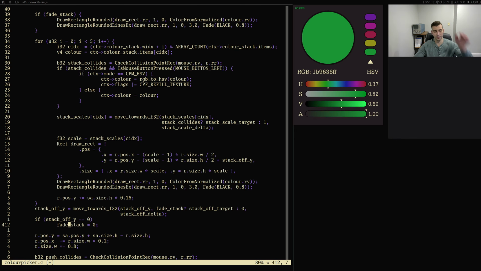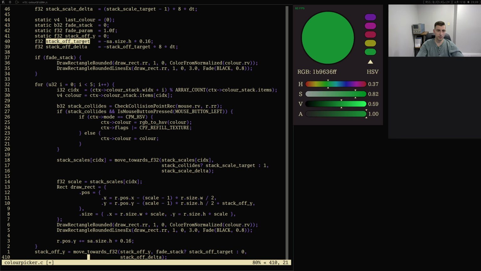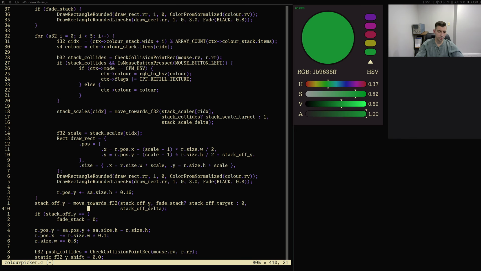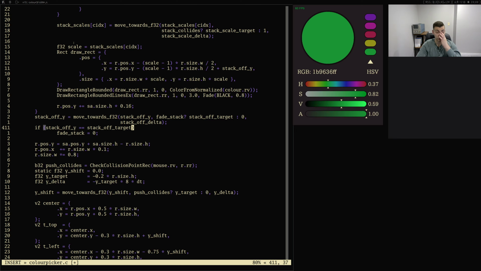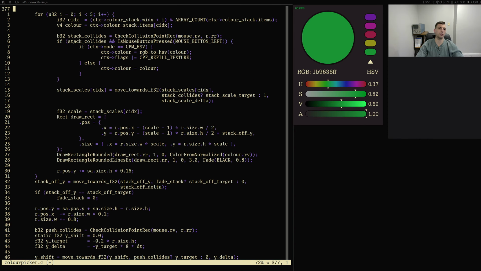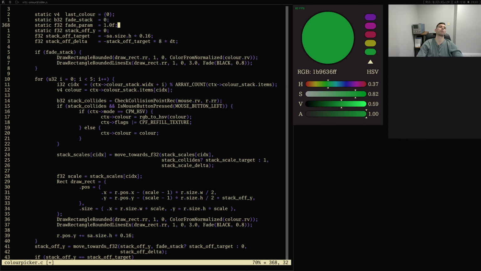So once it reaches the, oh sorry, not once it reaches that. Once it reaches the offset target, oops, the thing scrolled. Now, once it reaches the target, we need to turn that off, and then we also need to